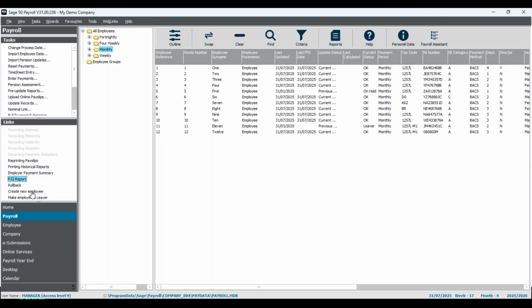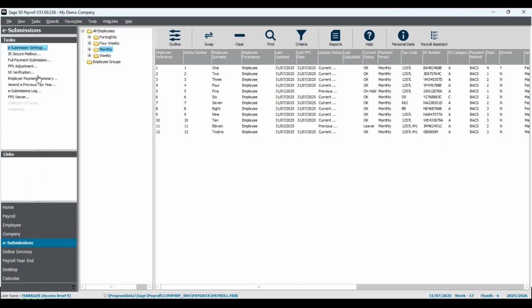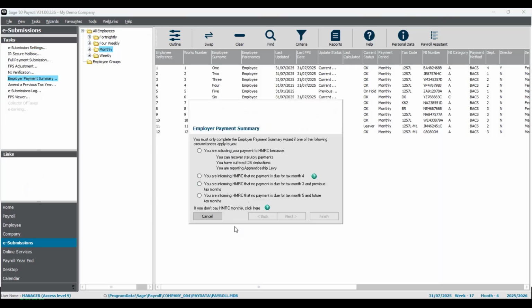to the FPS. One option is actually just above the P32 report there. You've got employer payment summary. You've also got it in the e-submission section too. So we can see employer payment summary there. Now, slightly different to the FPS, you won't actually get that submission window straight away, just until you've completed this